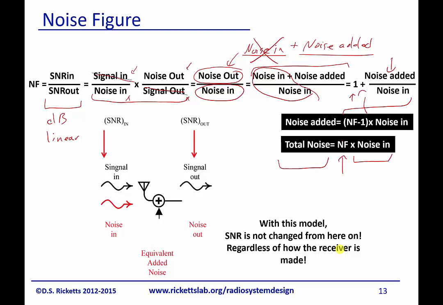So with this model, SNR is not changed from here on out. That means that once we've referred all of our noise back to the input, we have an ideal receiver for the rest of the